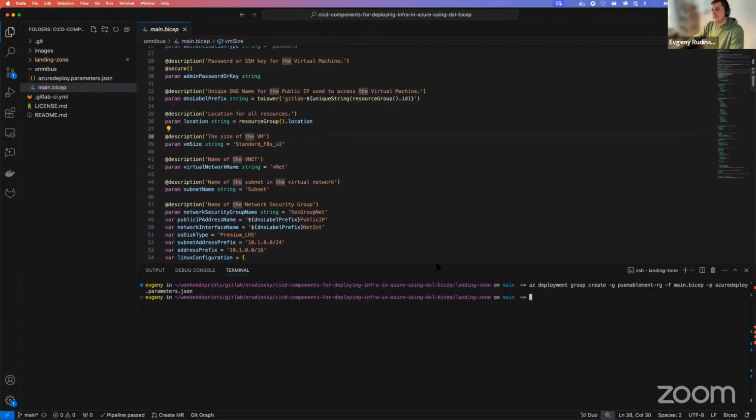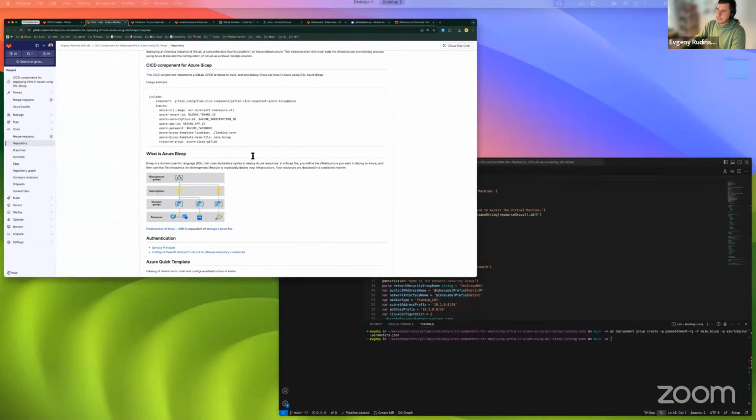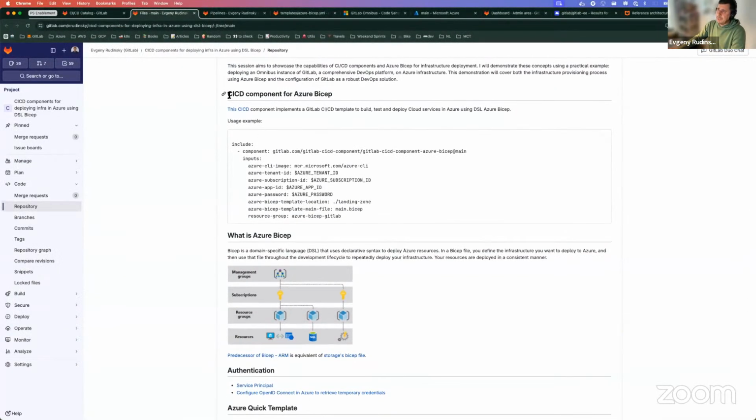And then I started to think, maybe I should craft a reusable template, a reusable model, a reusable pipeline. And then I ended up with the concept of the CI/CD component. So if we switch here, the concept of the CI/CD component in GitLab